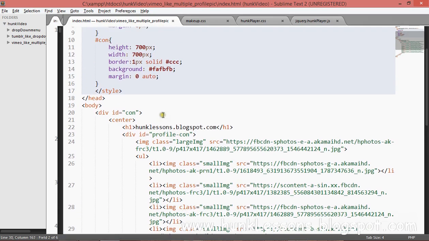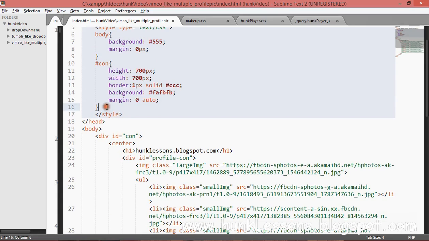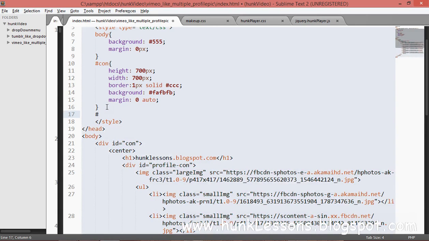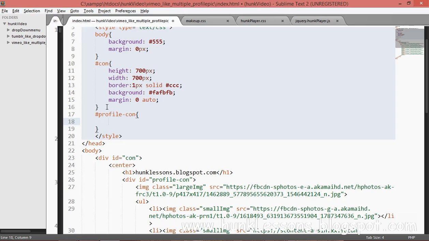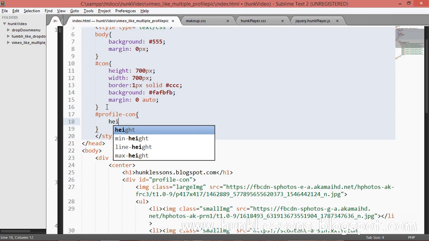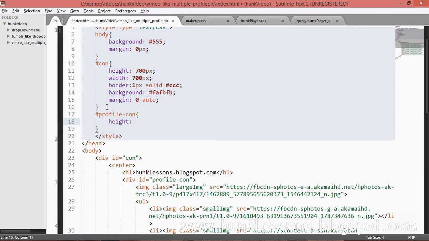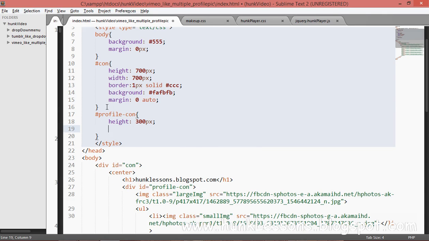Okay, now it's time to style our elements. We'll select by CSS. First of all, we'll select profile container. We will center it, then its height will be 300 pixels, and width will be 250 pixels.